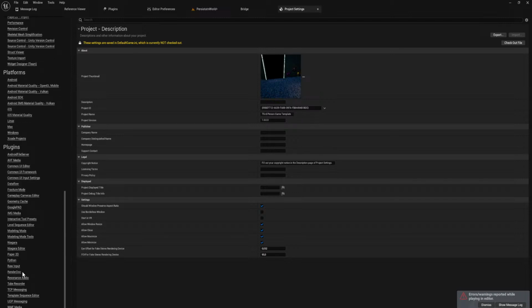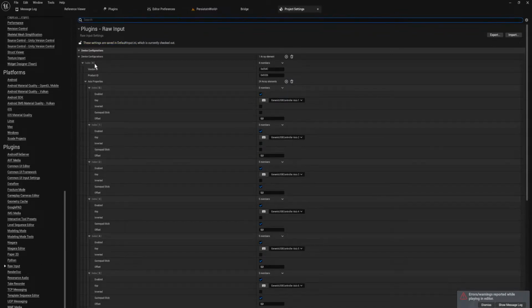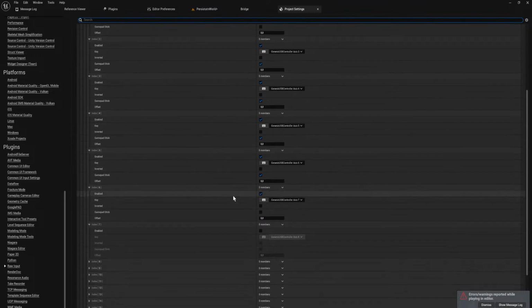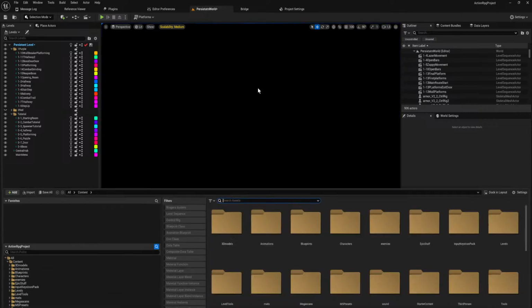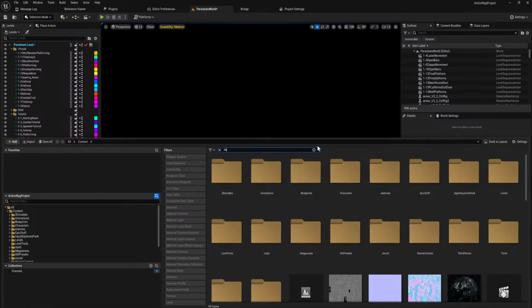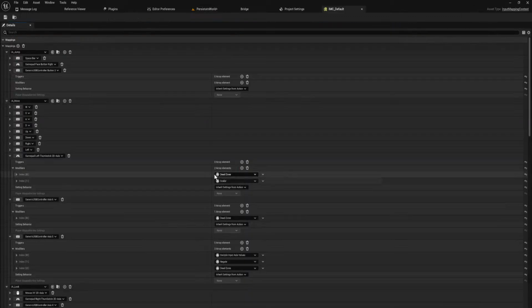Surely this didn't revert back or change or whatever, right? Yeah, we have this raw input setup for this generic USB controller. And then we have the input mappings. So what actually is the problem?